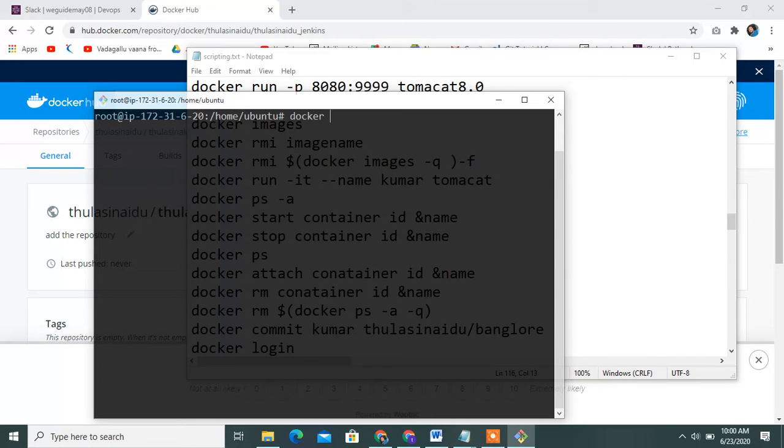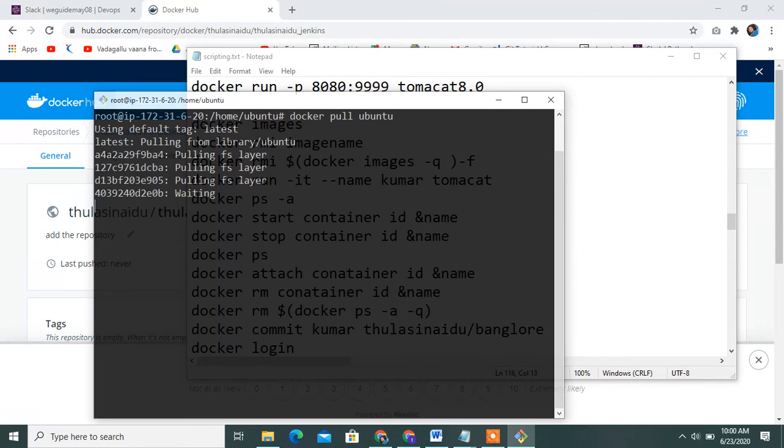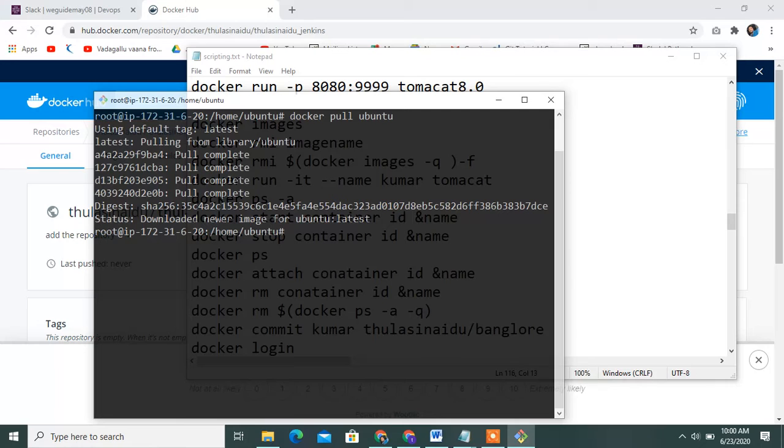Create the container. With the Ubuntu image you can create one container.